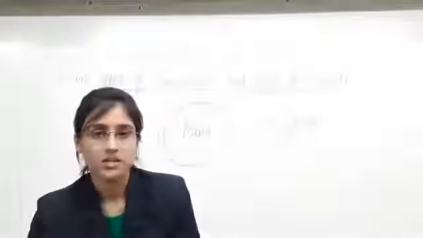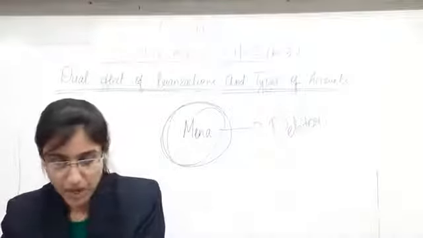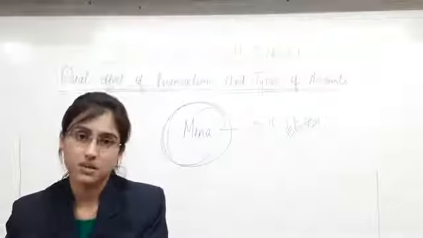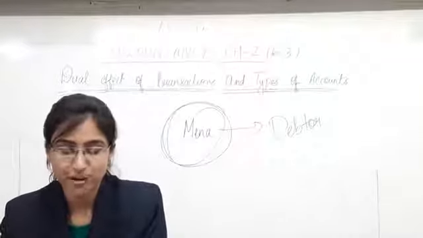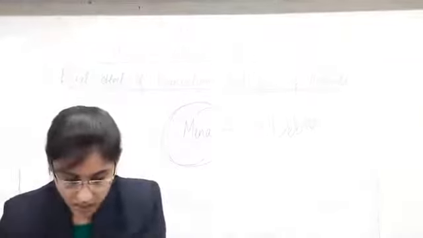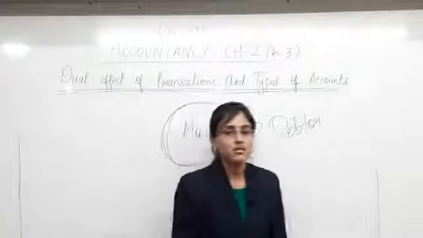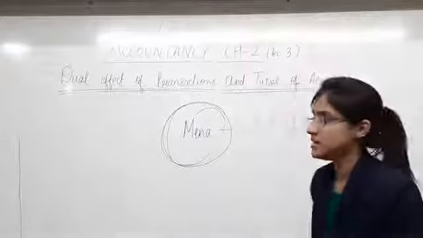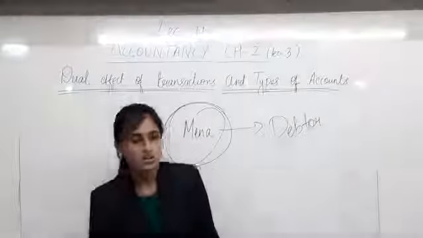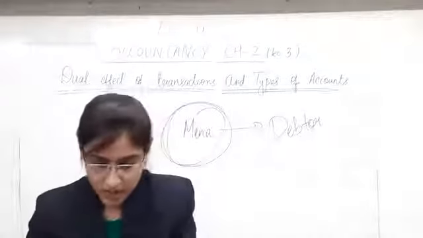The ninth transaction: rupees 3000 paid to Shah agency for advertisement. You have paid rupees 3000 for advertisement. Once you pay, the word paid clearly indicates that the transaction is a cash transaction. Moving ahead,